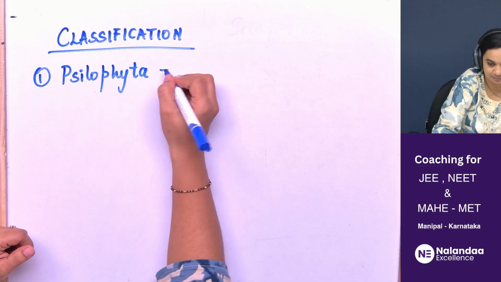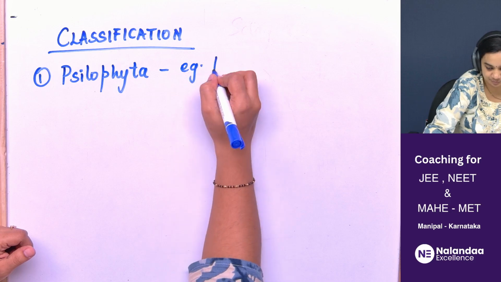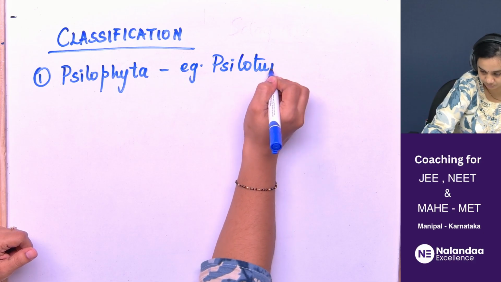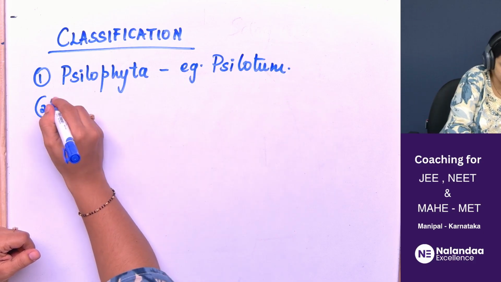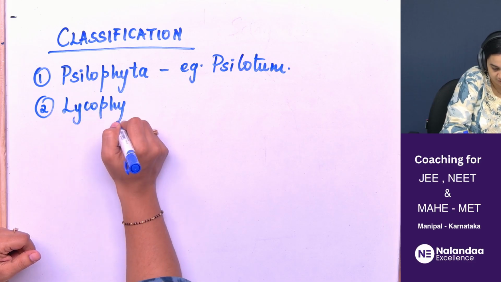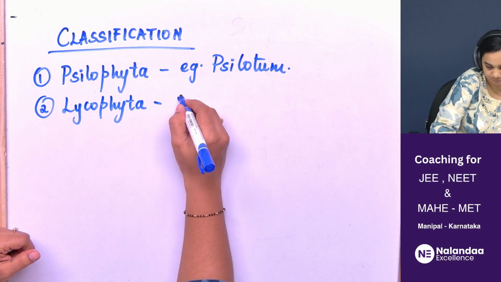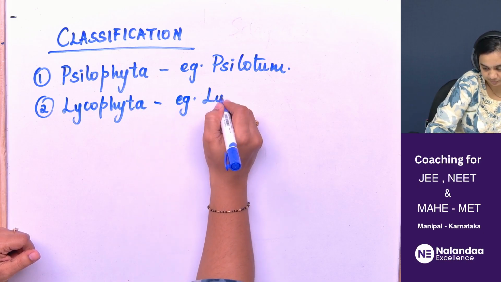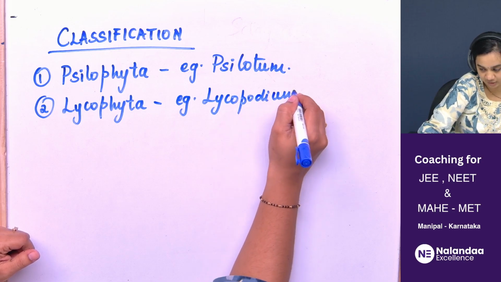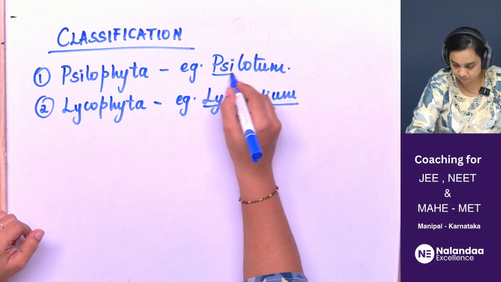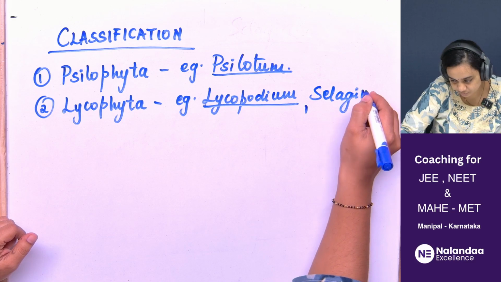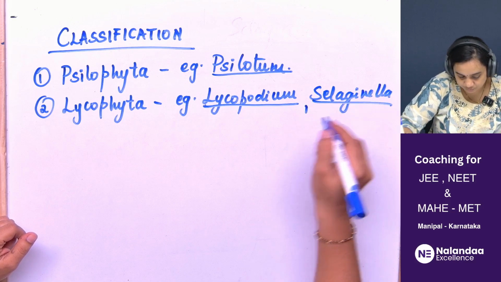Example, Xylotum. Number two is Lycophyta. Example, Lycopodium and Selaginella. And number three,